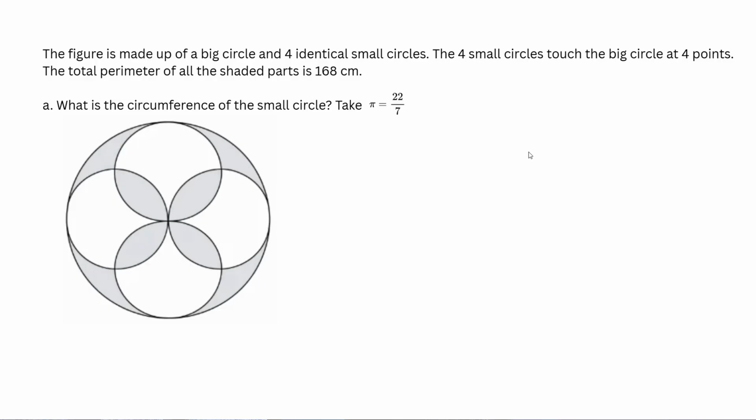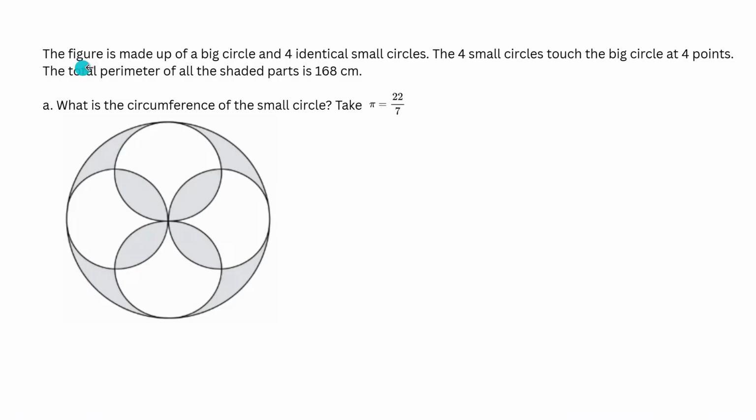Today we are tackling a really interesting geometry problem that combines circles and symmetry. We'll start by analyzing the figure step by step and use the information to find the circumference of each of the smaller circles here. So grab your notebook, follow along carefully, and let's see how geometry connects beautifully through these